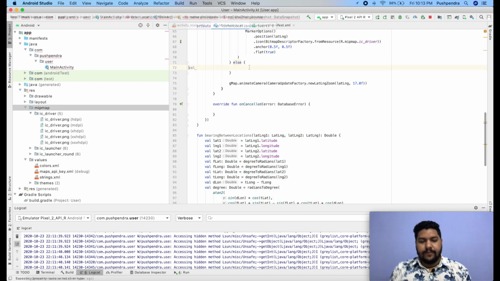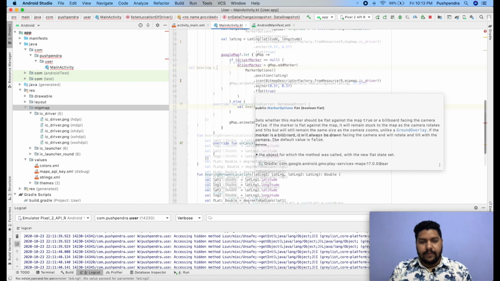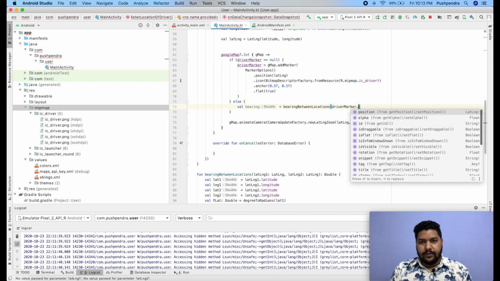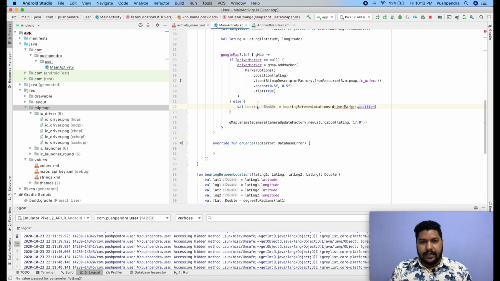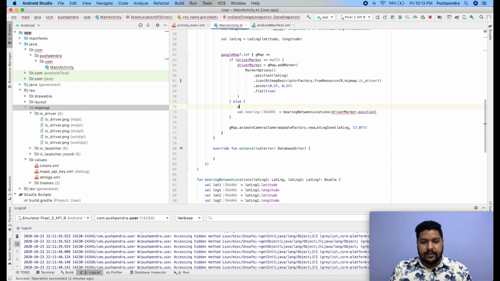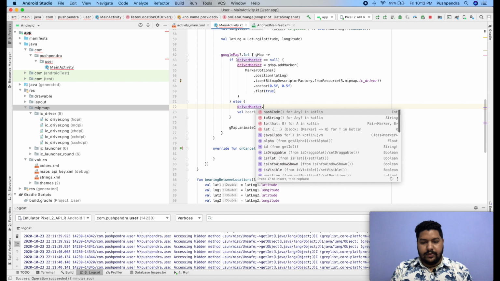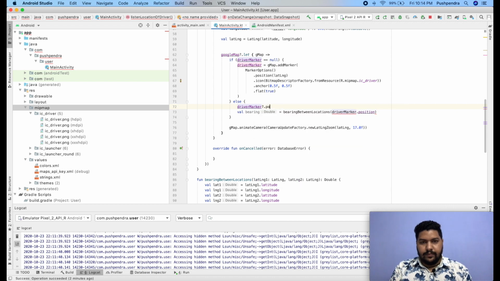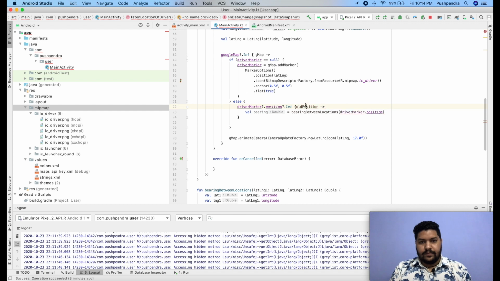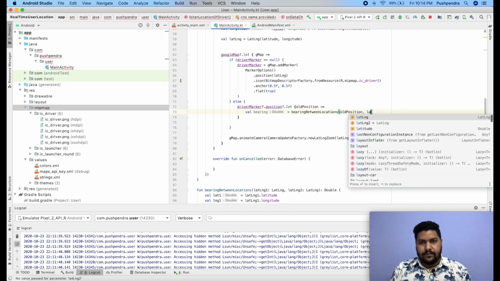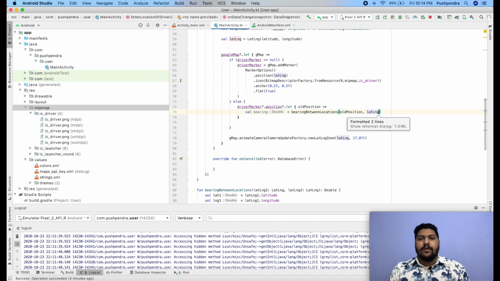So here, val bearing, and it will be driverMarker dot position, and here we can send driverMarker dot position LatLng. Now bearing is done. Now we have to animate.